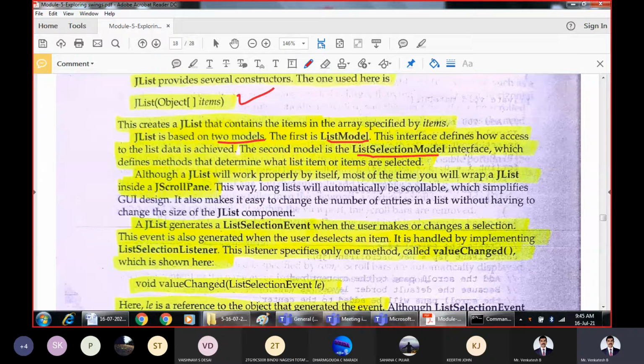And what the list selection model interface does is define the methods which will determine what are the items that you have selected, whether you have selected 2 items or 5 items or 10 items. So that is what is present in the list selection model. List model defines the access to the data. List selection defines how you are selecting the data, that is how many items you have selected.